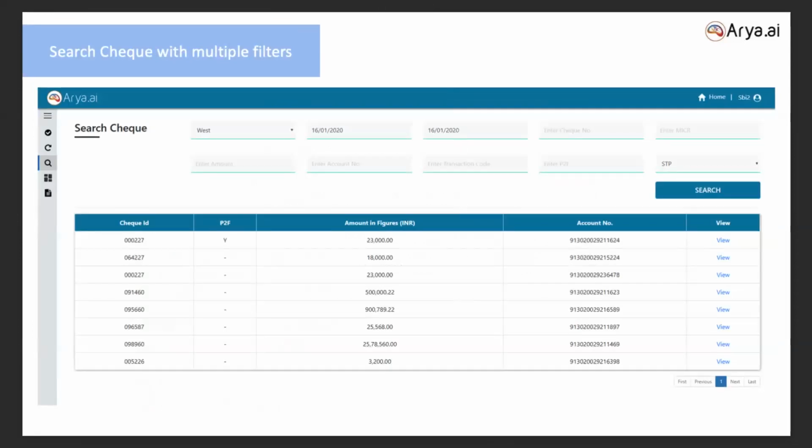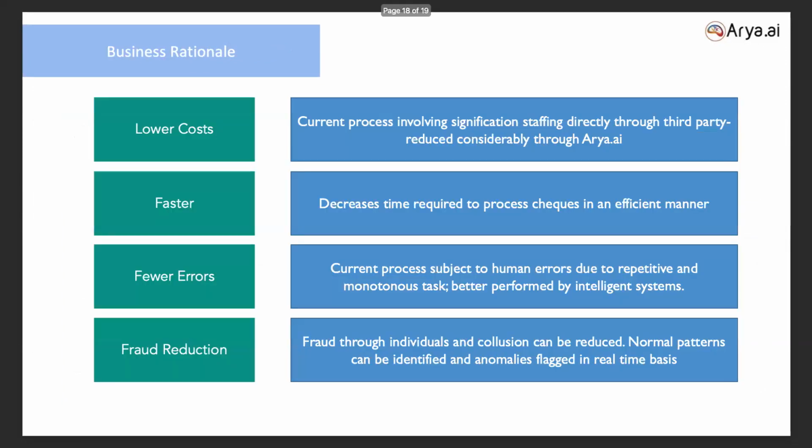Other features like search would also be easy there. One major advantage is that we process checks at around 18 to 20 checks per second on this IBM server. Normally, when a manual person processes a check, he takes at least a minute to process one check. So you can assume how many people would be required to process around 8 lakhs checks per day in 8 to 10 hours.